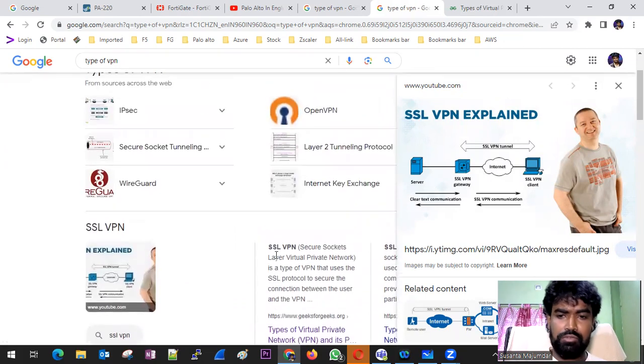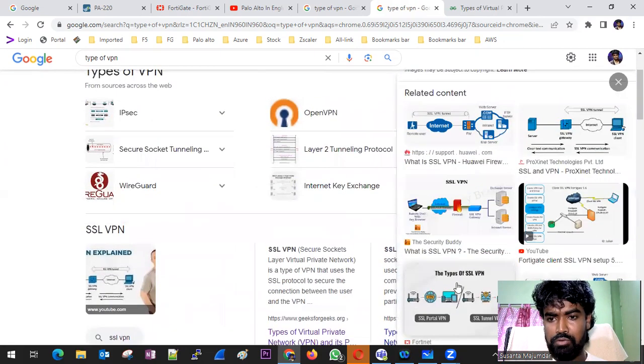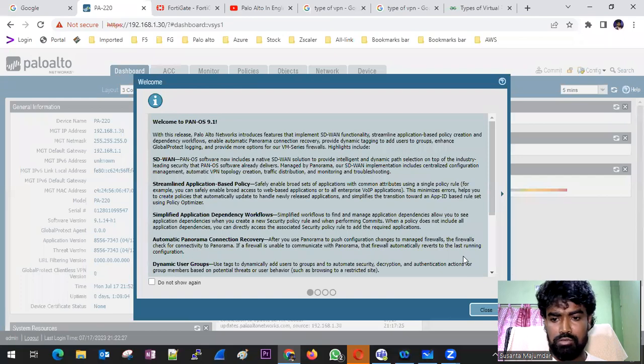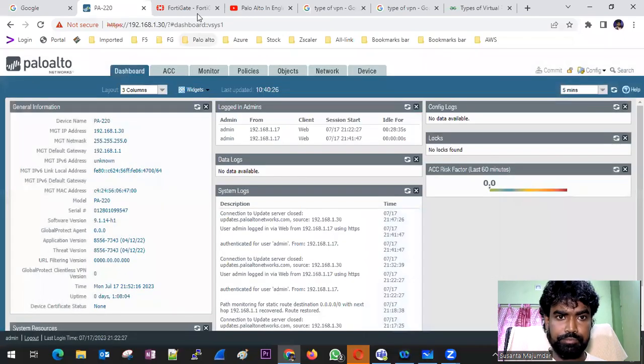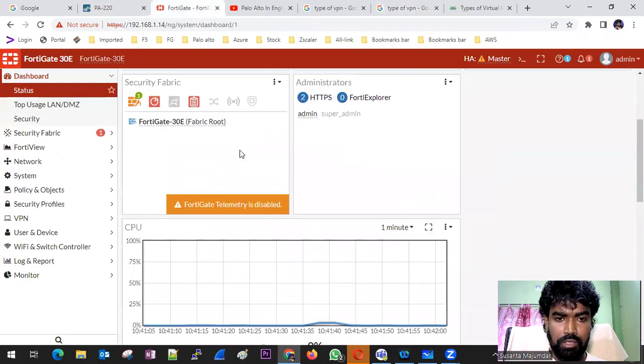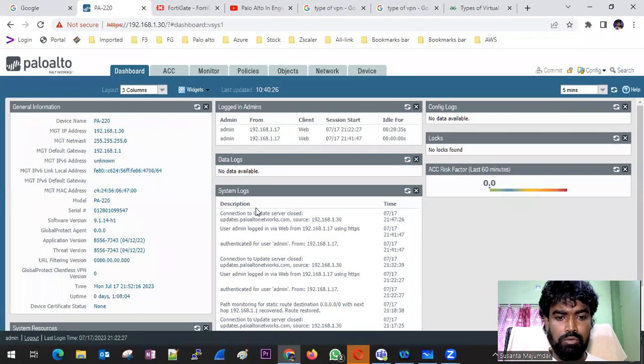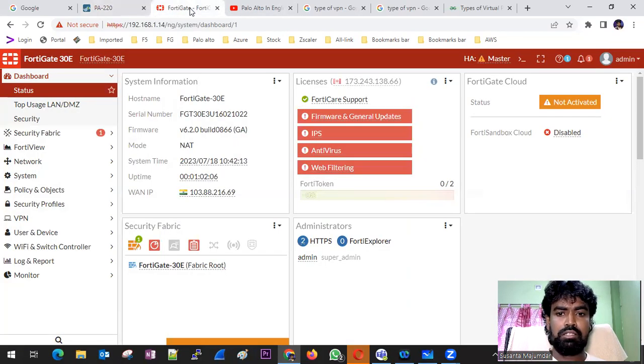I'll give you all the details, no problem: how it connects and what troubleshooting you will have to do. I'm doing it on Palo Alto as well as Fortinet. First of all, I'm going to configure the Palo Alto GlobalProtect, then configure the Fortinet SSL, and I'll do it in one shot in the Fortinet videos.